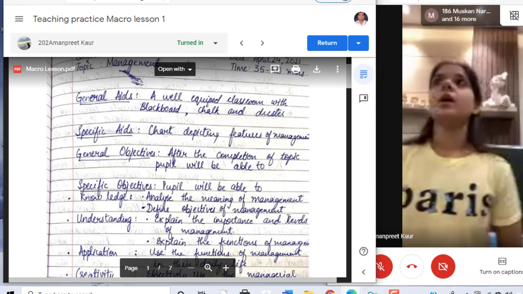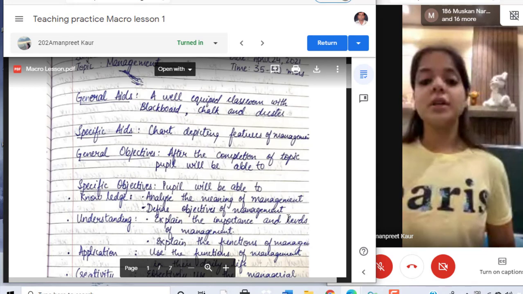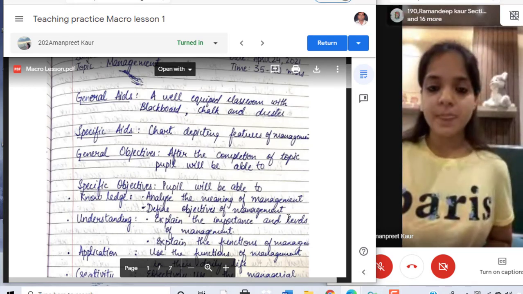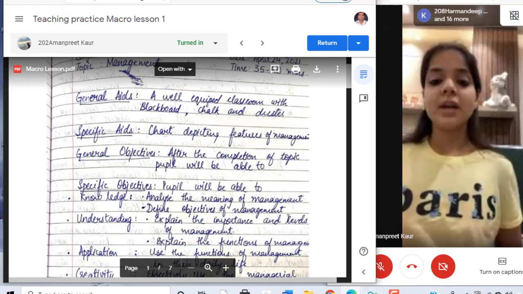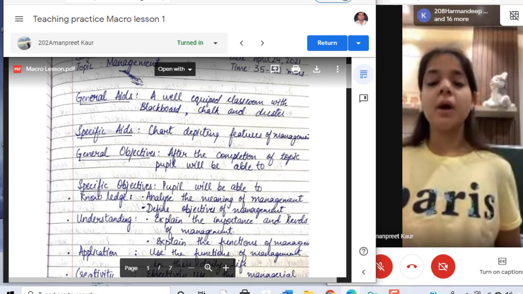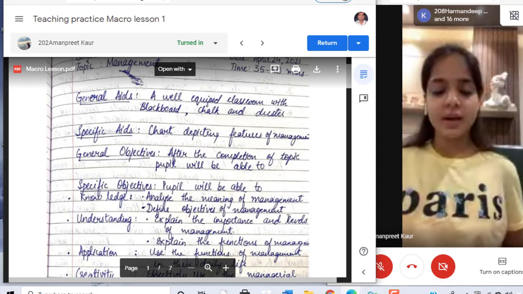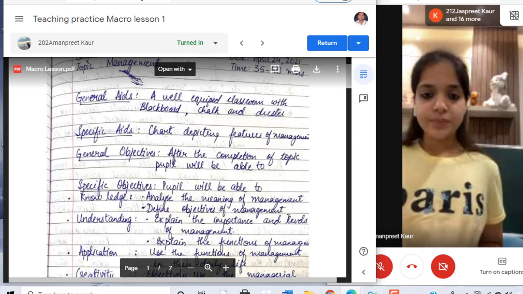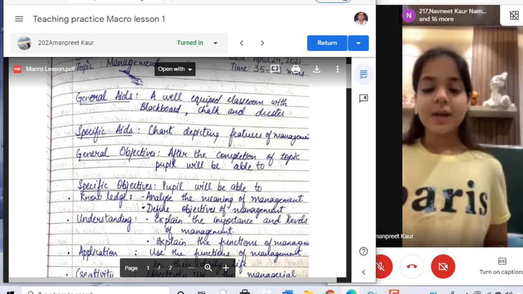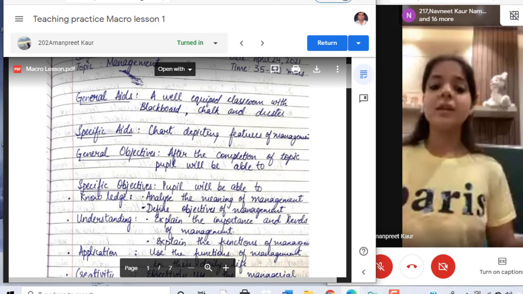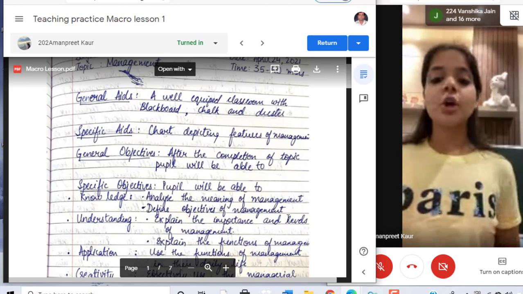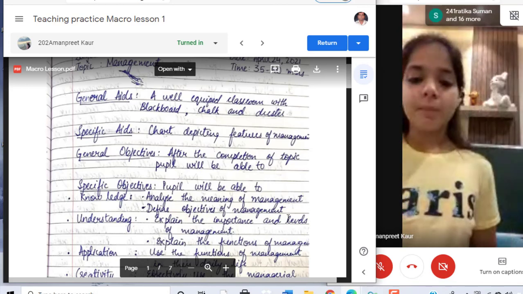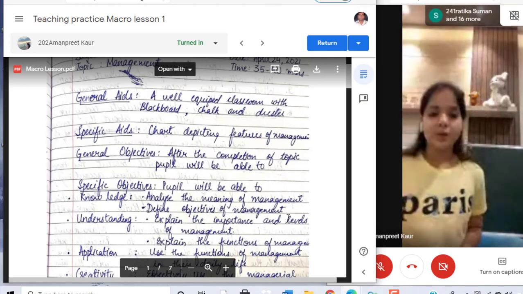Now, the next question is, what will you do if your important documents are scattered here and there, and you want to find out one particular document from them, but the documents are scattered here and there? What will you do? Management. Yes, you will manage them, and then you will find out your important documents from that. So today we'll learn about the topic management. Okay, students?